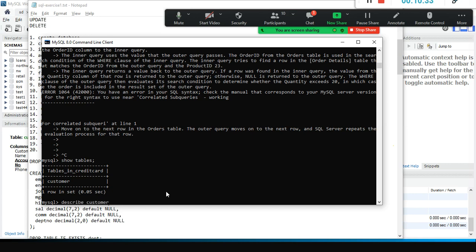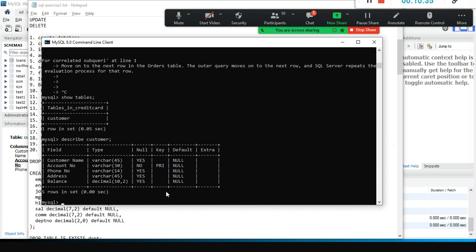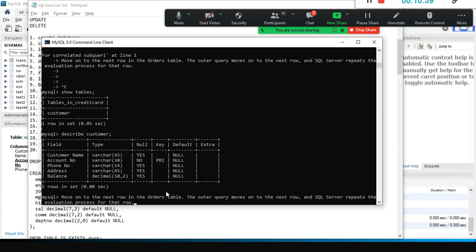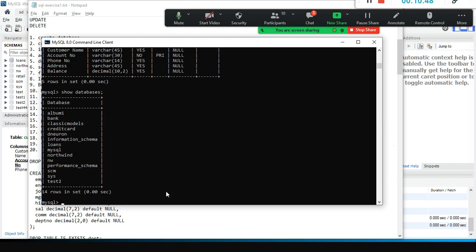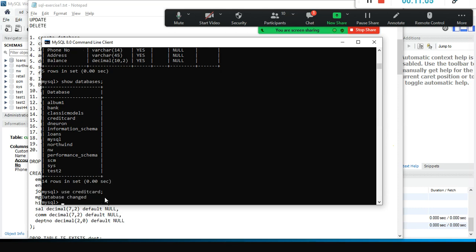Unknown database. You did not create the credit card database. Earlier you said you created it, it is visible, right? Retype once again, show databases. Can you see this name? Yes, sir. Then how can you say unknown database? Use credit card. Can you do this?